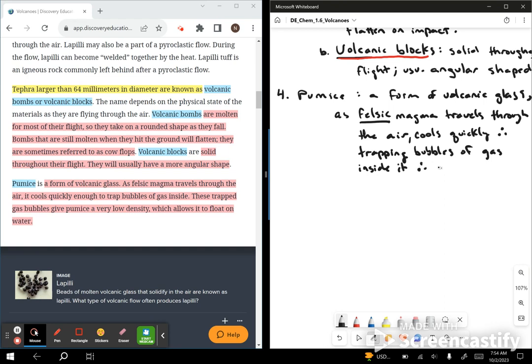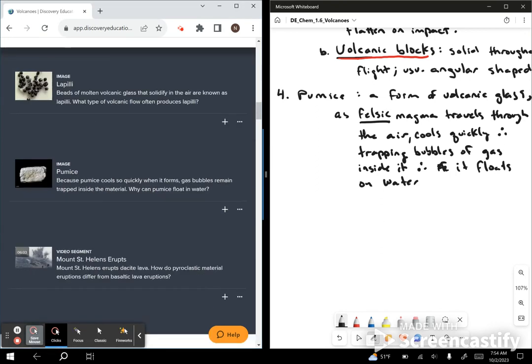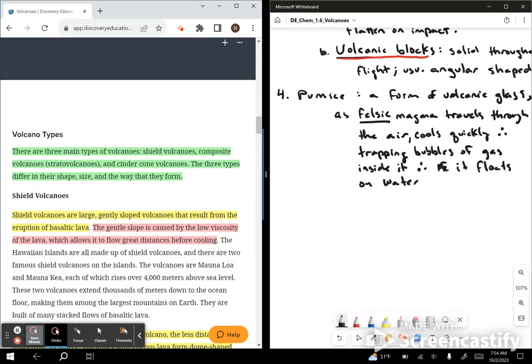Therefore, it floats on water. Pretty interesting stuff, and they've got some images here that you can take a look at. All right. Okay, now